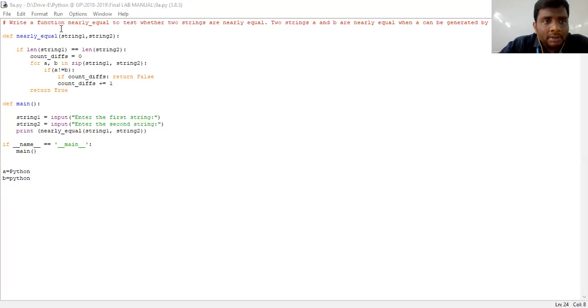So this is the function. def is a keyword, nearly_equal is a function, and this function consists of two parameters, two arguments called string1 comma string2. Okay, so the first condition is